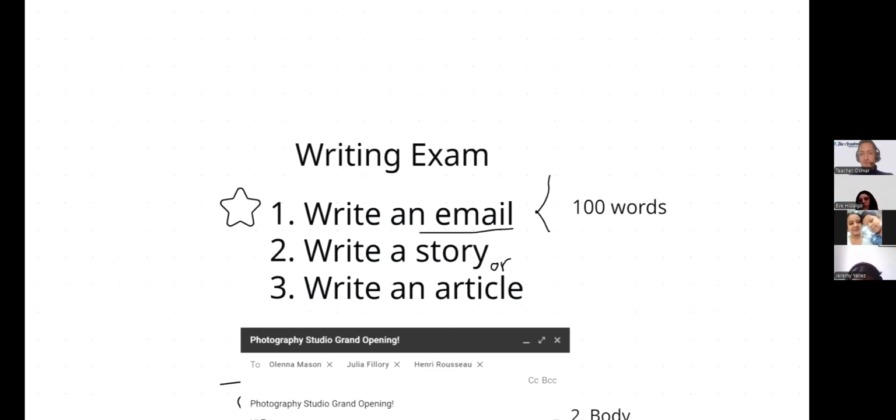write an article. Remember, you are supposed to complete once again this in 100 words. 100 words, write a story or an article. 100 words to complete any of them, okay? A story or article. So, Eve, Gilda, and Jeremy, let me explain to you how you are going to do this. We are going to do the writing story exercise first, that I consider it's not going to be a big problem for you. In the case of a story,